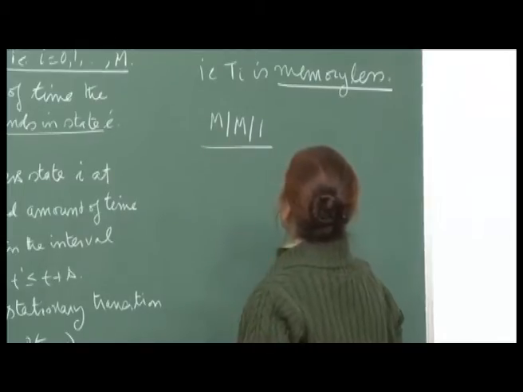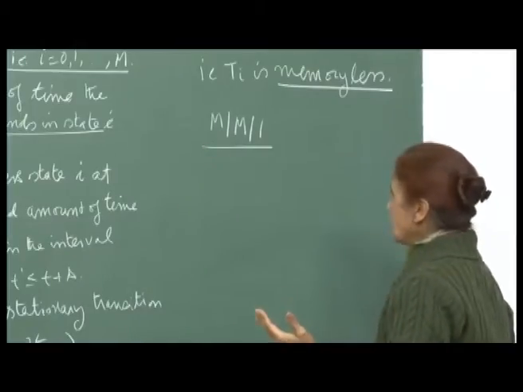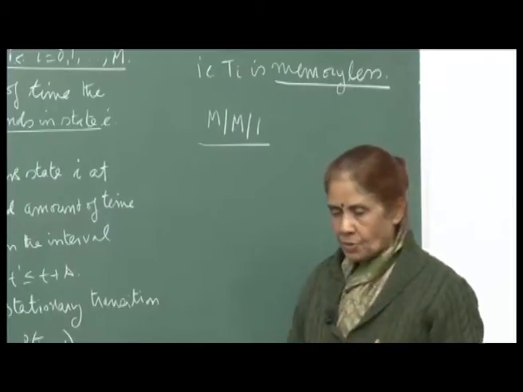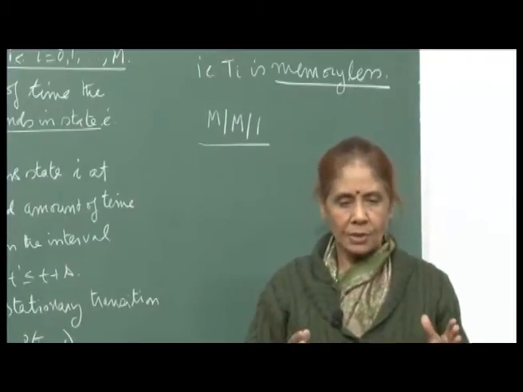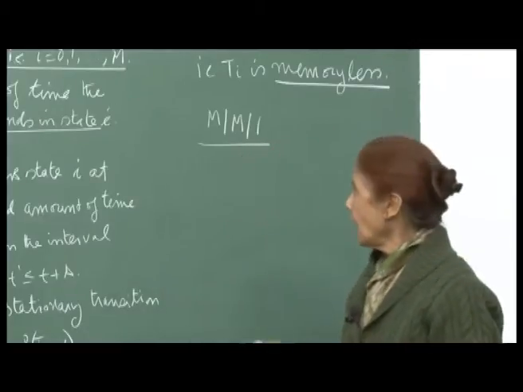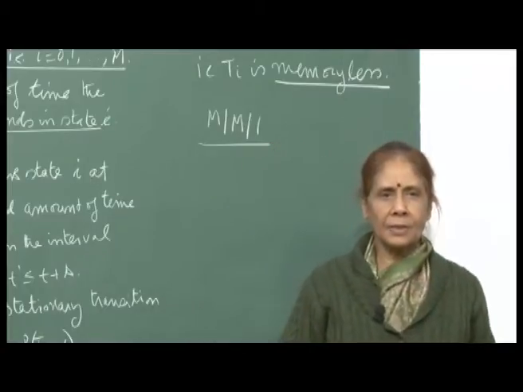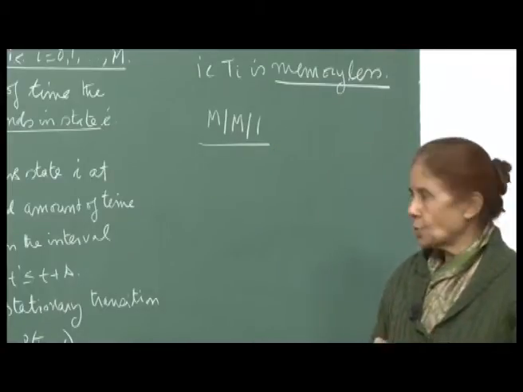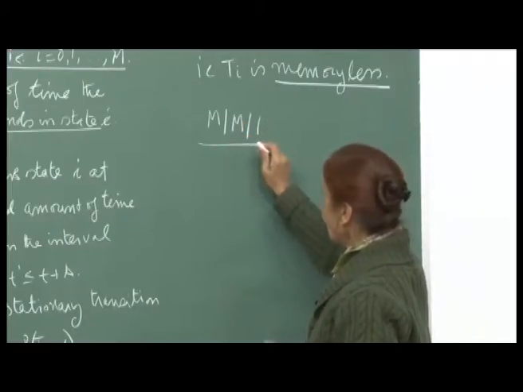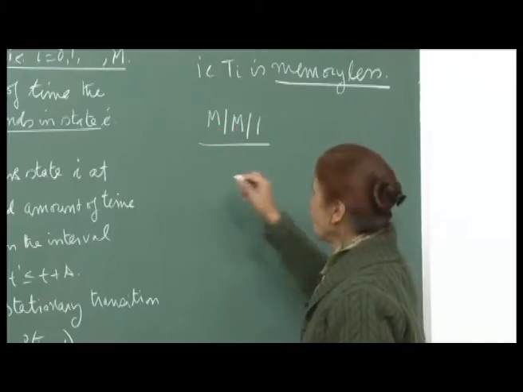I will be referring to birth and death processes as MM1. So, the arrival process is Markovian, and the departure process too. Suppose you are at a bank counter or at a post office counter, people are coming in, they get serviced and then they leave the system. You want to model that situation. Here you describe such processes by the MM1 property, which means the arrival process is Markovian.